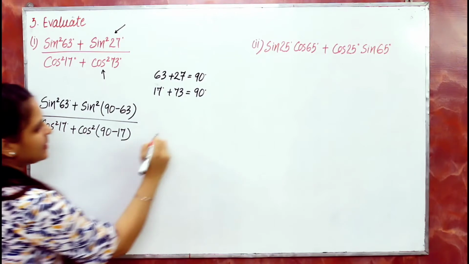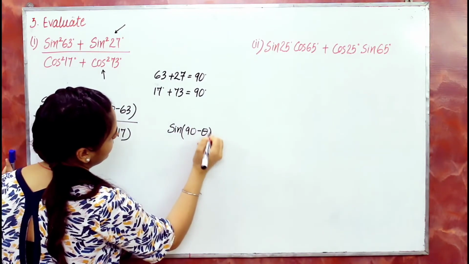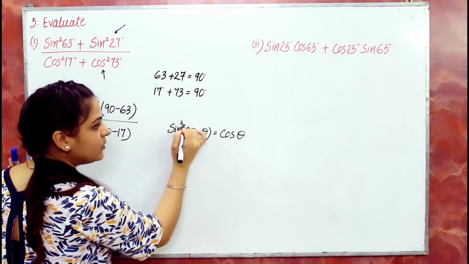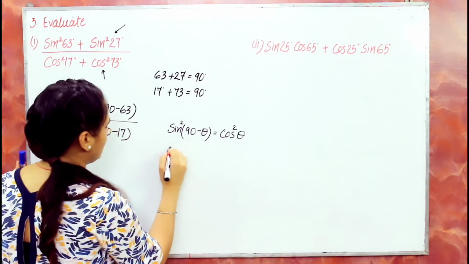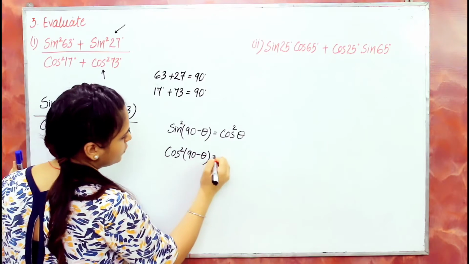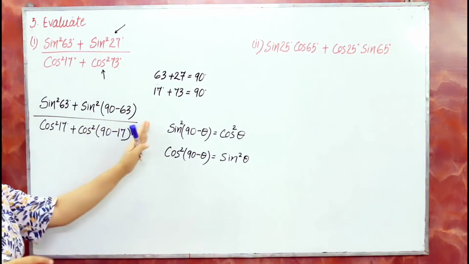Now we know that sine 90 minus theta is equals to cos theta. Also sine square 90 minus theta is cos square theta, and cos square 90 minus theta is equals to sine square theta. By using these formula,